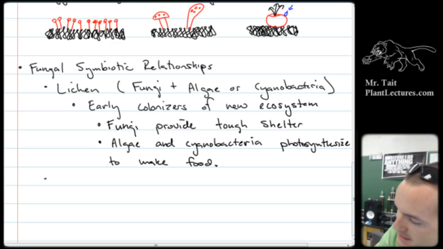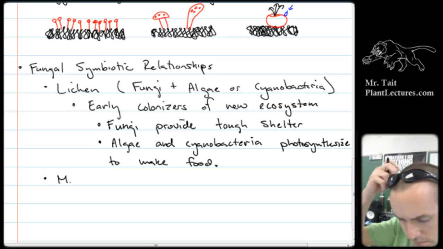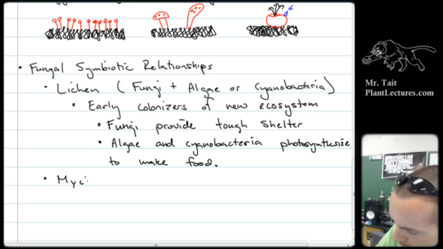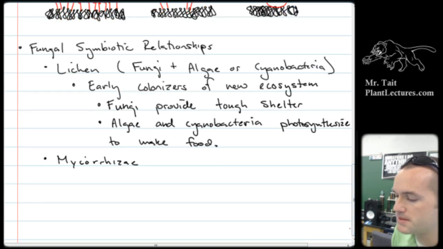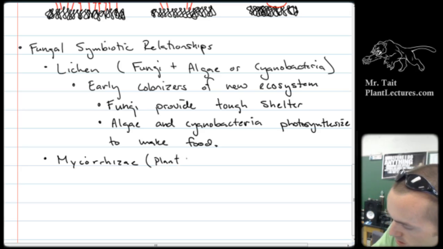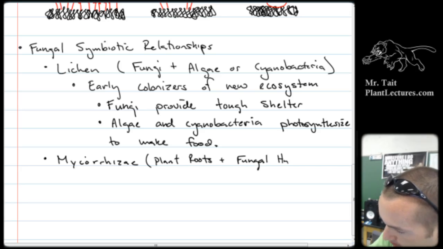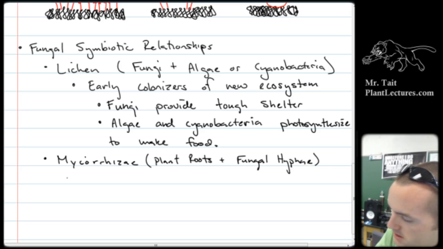And then the last thing is called mycorrhizae. Basically what happens is that fungal hyphae wraps around the roots of a plant. So plant roots and fungal hyphae. And this can go in two different ways. It can either be mutualism,